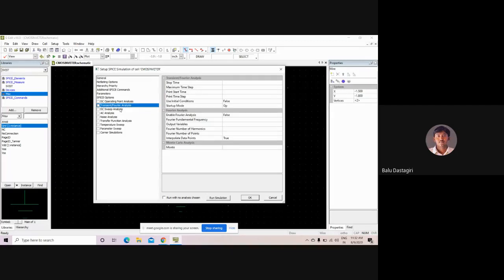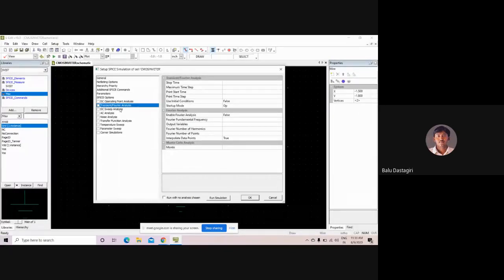And the next one is DC sweep analysis. In the DC sweep analysis, you can give a certain sweep voltage. That means if you vary the input voltage from 0 to 1 volt, what will be the output? Normally, when you give the input as 1 volt, you get the output as 0. Now if you change the input voltage from 0 to 1, what are the characteristics of your output voltage? The next one is AC analysis. In the AC analysis, we will simulate your circuit with respect to the frequency, and the output plot will be the magnitude. And the next one is the noise analysis.